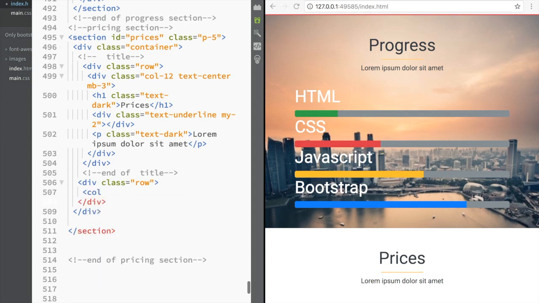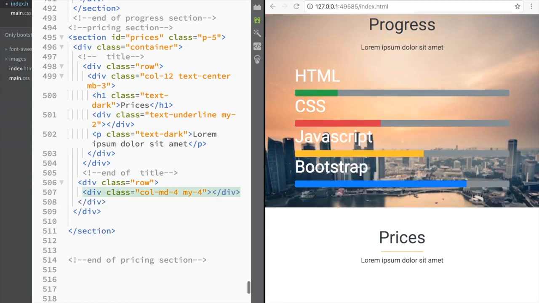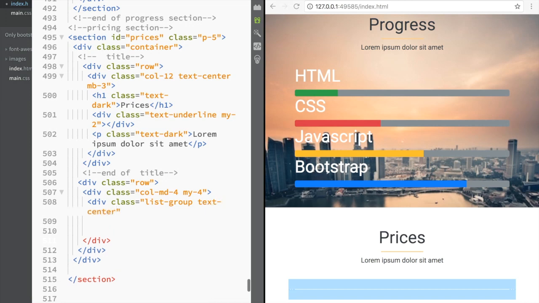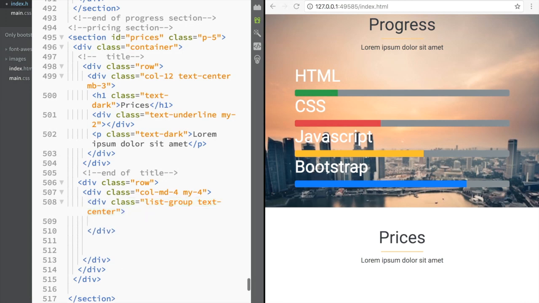And the first column I'm going to add is going to have a div class over here, and I'm going to say this is going to be column medium 4, and this is going to have a margin top and bottom. It's going to be 4, right? And you'll see why we're doing that, but just for now, just leave it like it is. And over here we're going to say div class, and we're going to say this is going to be list group, and this is going to have a text center over here, and then we're going to close this one out,